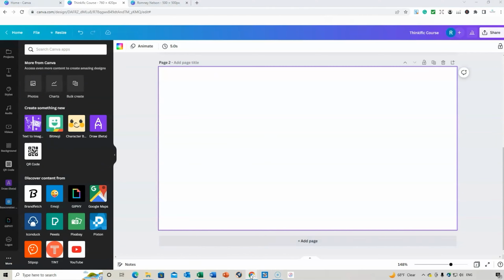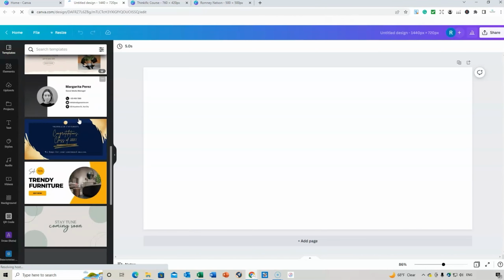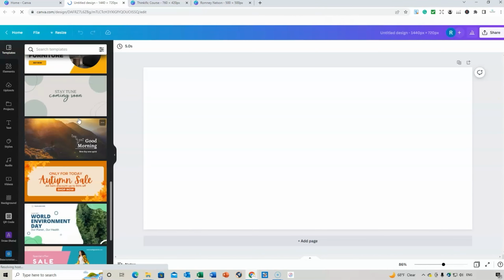I think it was 720, was it? Let's just double check that. Yes, correct. So we go back here. And this will create another design for our hero image. Again, you can use different templates if you wanted to create your hero image. And you might like real life photos. You might like to have some characters put in there. You may like to have your own picture in here.